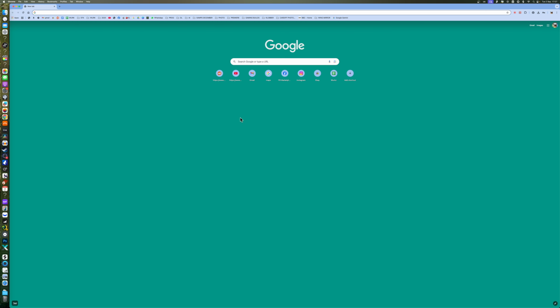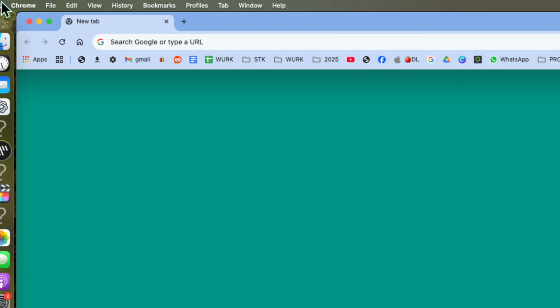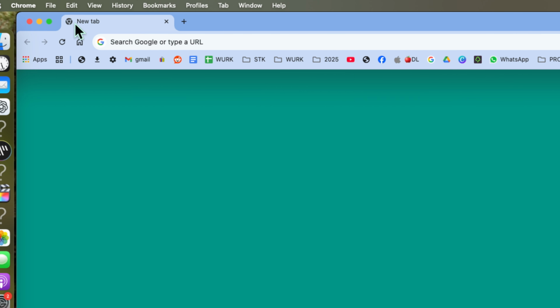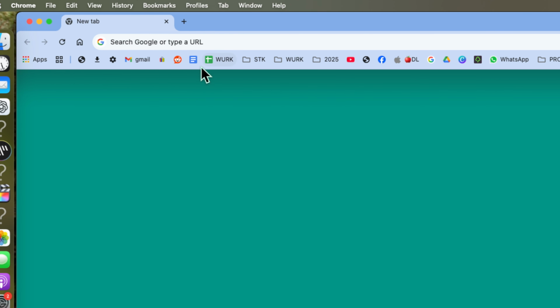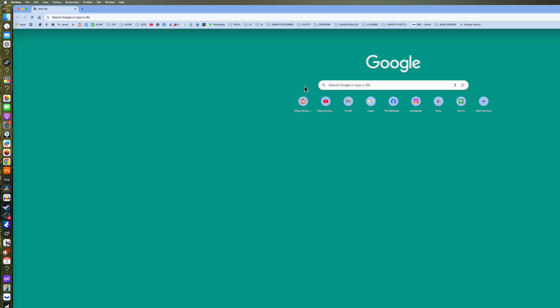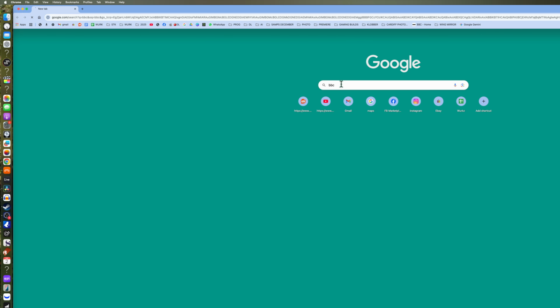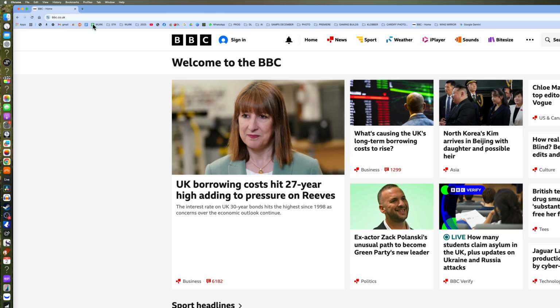So if we look at this screen, we've got Google here, and if I look up in there, it says new tab. So this is a tab. It's like the tab on a binder. So what that means is I could say I want to open up a page and go to the BBC for whatever reason. Then I can click on new tab on the plus up here,